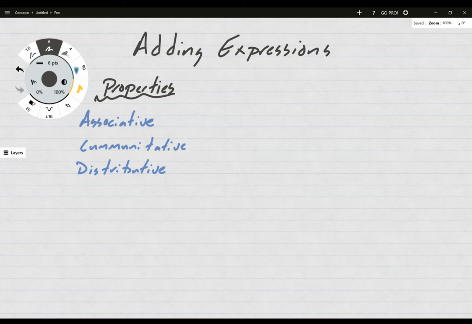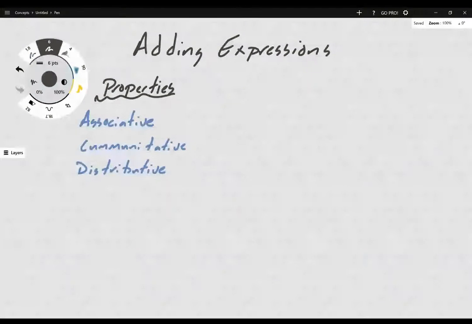Okay, once we've mastered the idea of factoring expressions, of just making it a little bit simpler for us to use, the next step is we're going to be adding expressions. And before we do that, we need to go back to our properties and just refresh on what they are. So the associative property